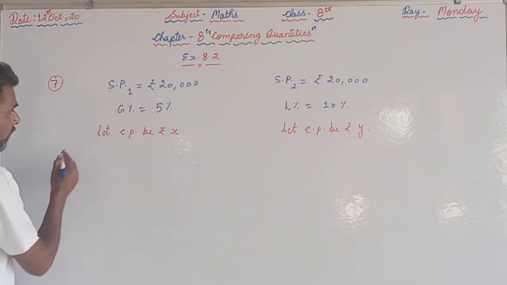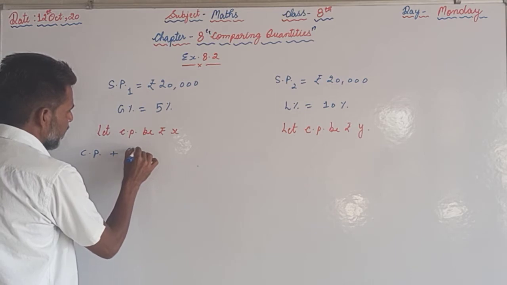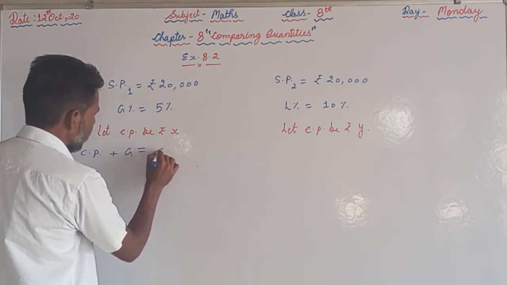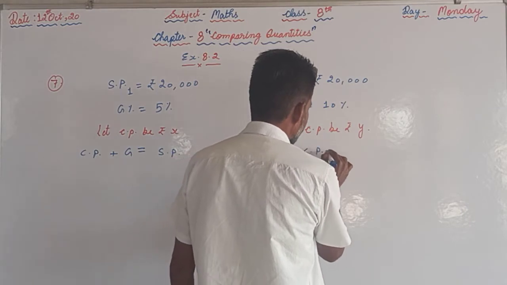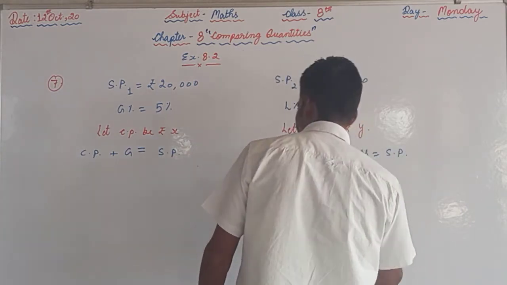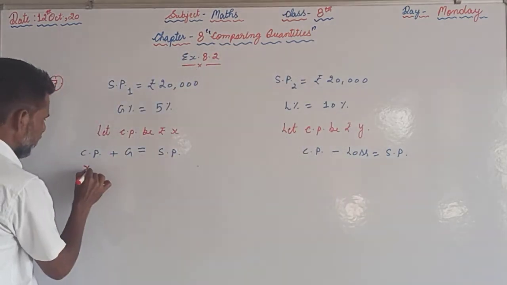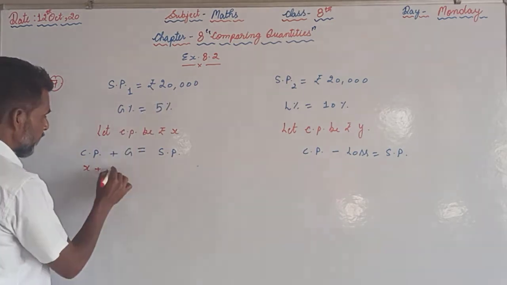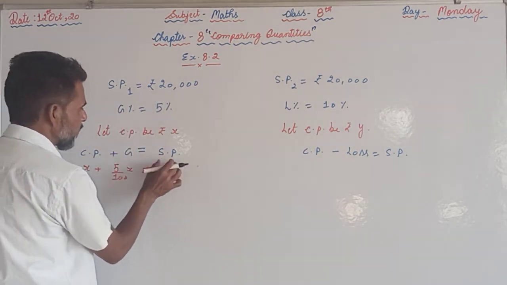CP plus gain is equal to SP. Here again CP minus loss equals SP. So here the CP is X plus gain, gain percent means 5%, 5 upon 100 X, equals SP, that is